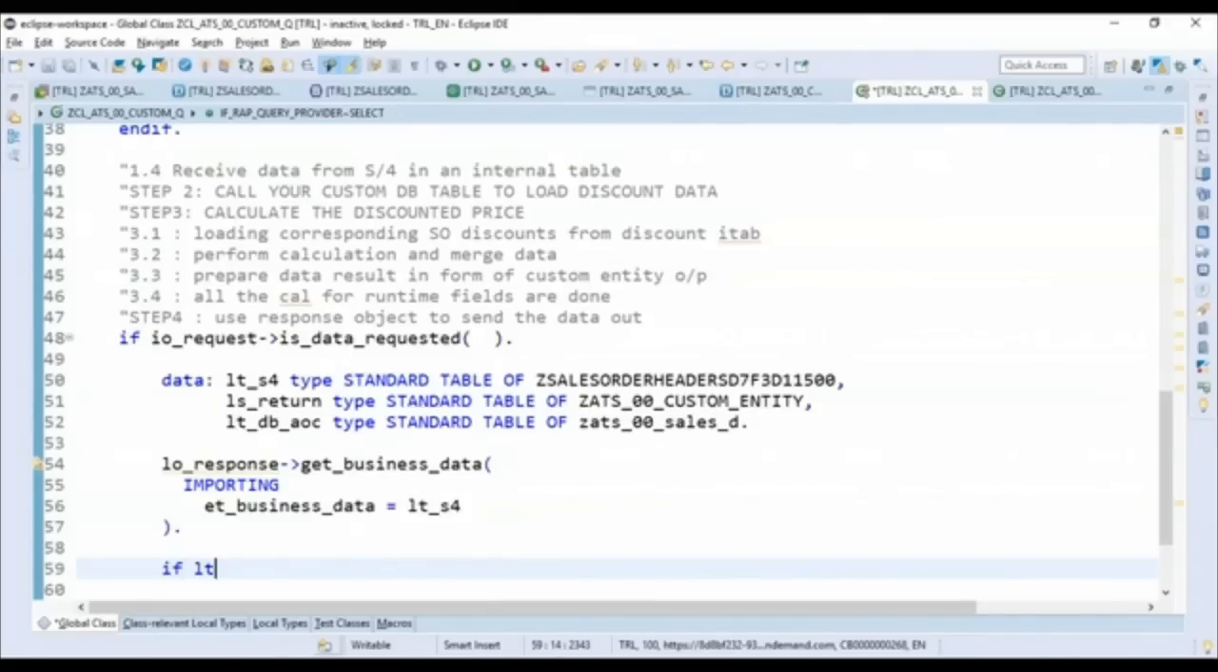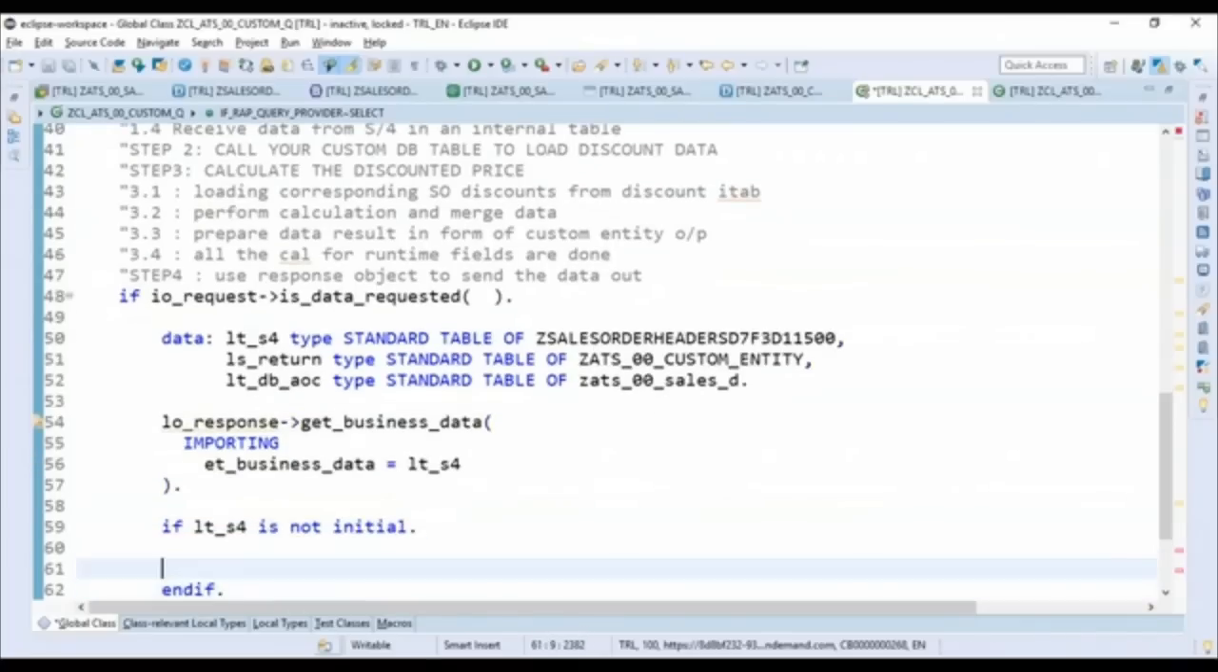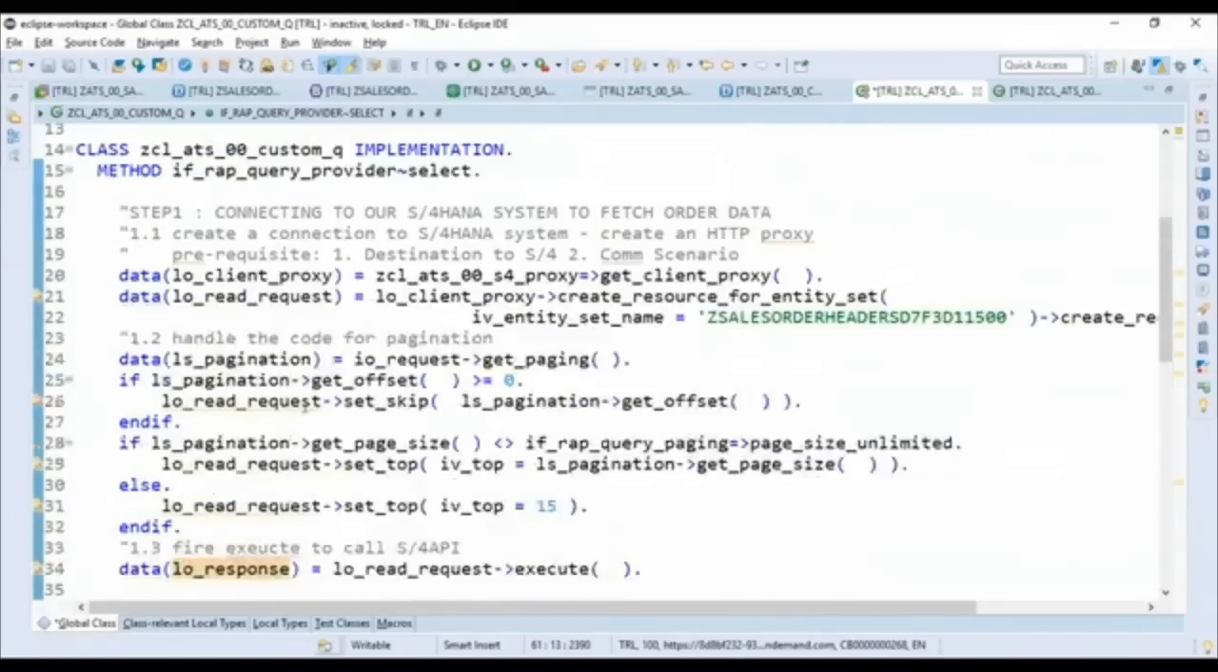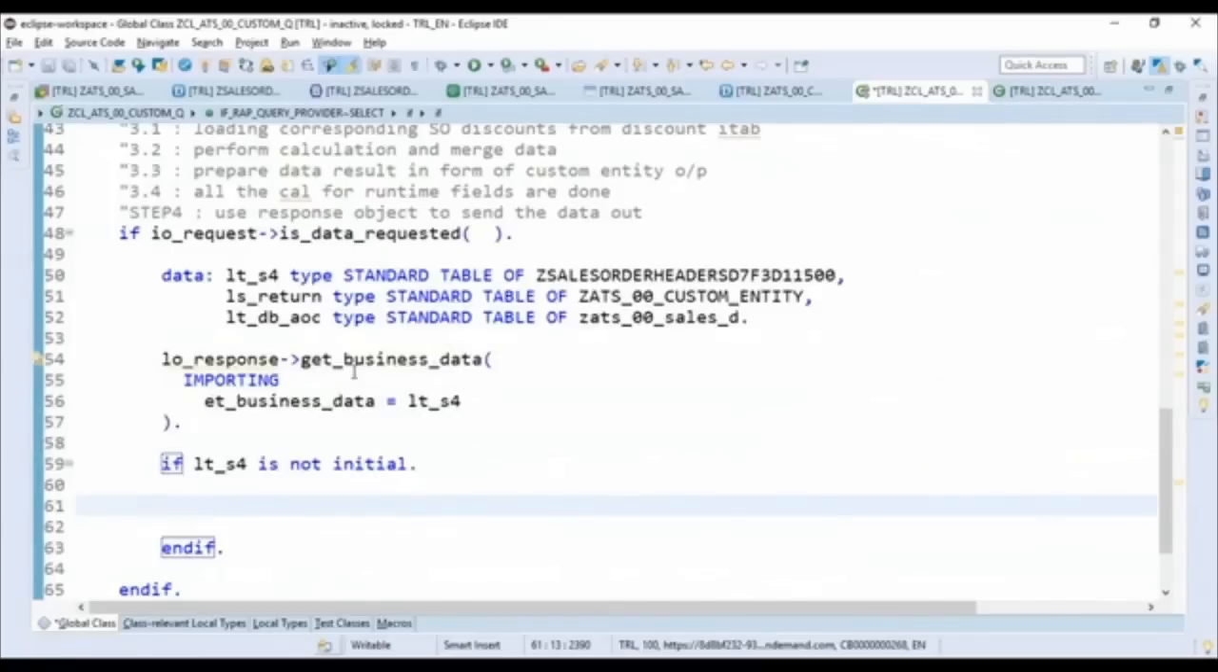I'll say if this LT_S4 is not initial, we will start a merge. Let's start a merge. So now in the merge process, we will first of all create our table, which is the custom entity. We'll move all the data from the S4 table to the custom entity. Basically, we'll just do return